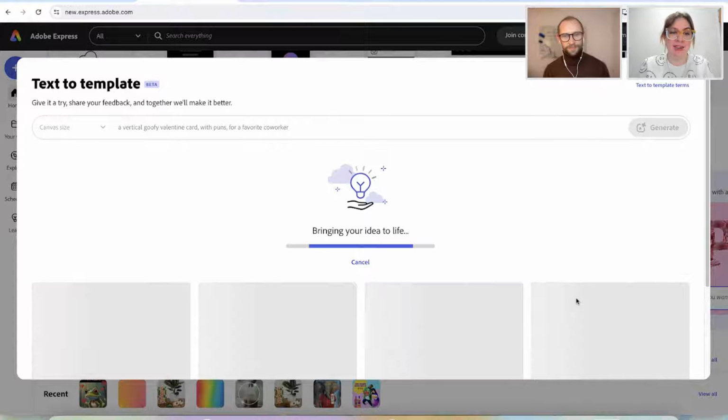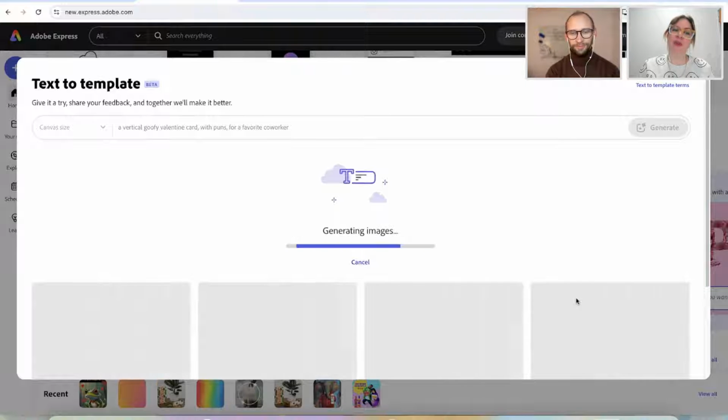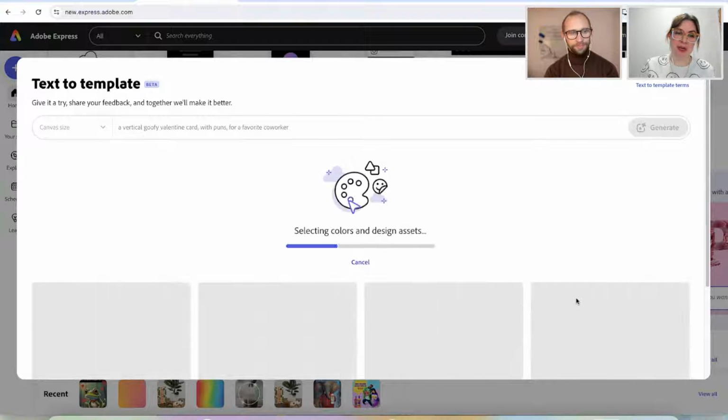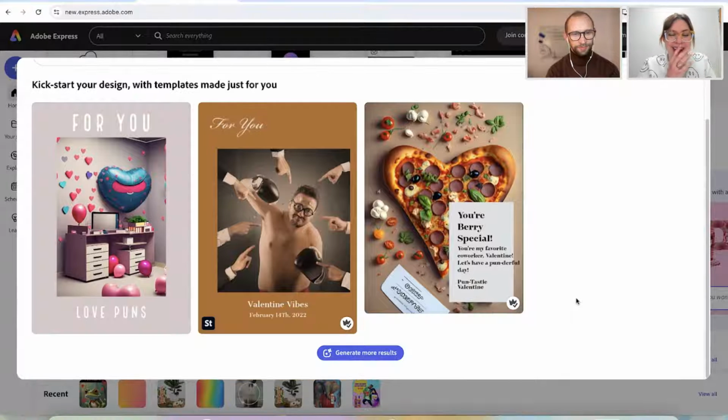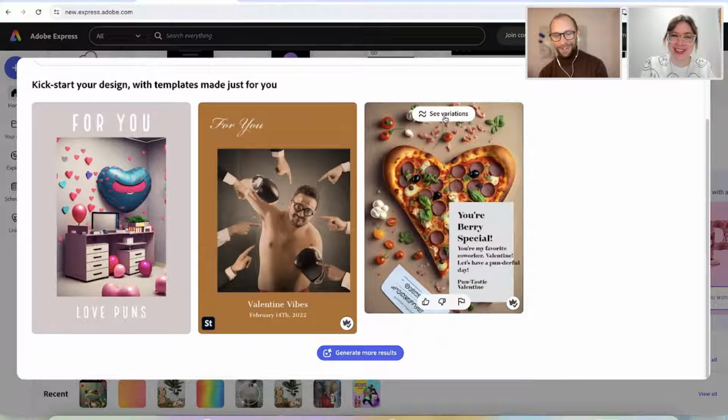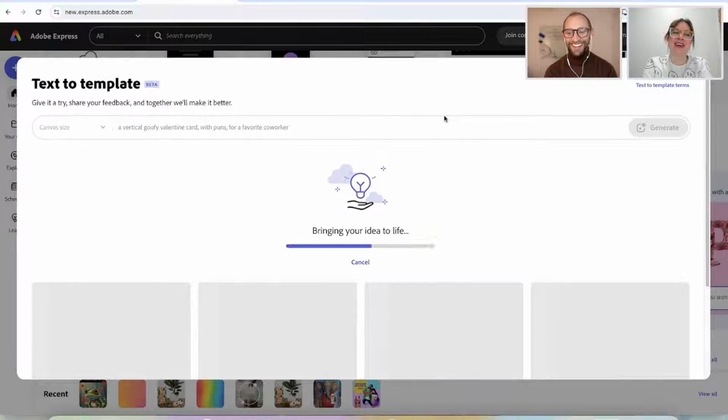My favorite thing about text to template is you can ask it for something that you are pretty sure there is not an existing template for. Like, I would be shocked if that template exists in Adobe Express, because I'm probably the only one. And sometimes you get some really unhinged things. Like, I'm not sure what is happening in the middle, but I like this one a lot, so I'm going to ask for variations of it. I'm not sure I'm happy with the middle one as a Valentine's card. No, that one can go,